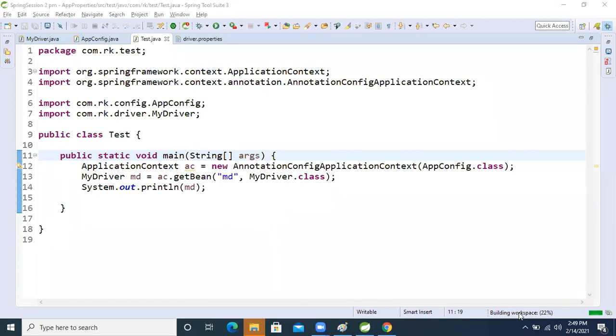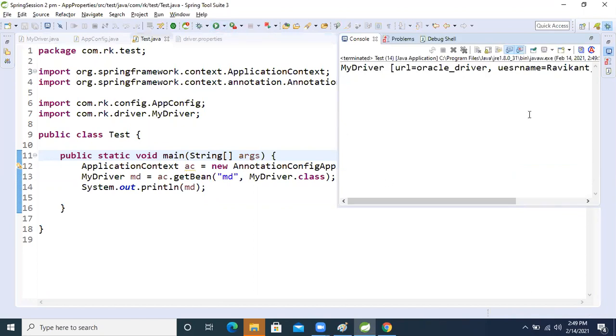It's taking time today. My system is getting slow. Now, okay, run the application. Hey, why is username coming Ravikant? One minute.